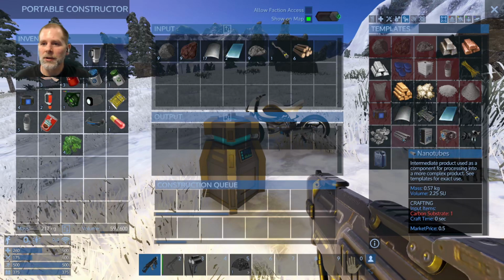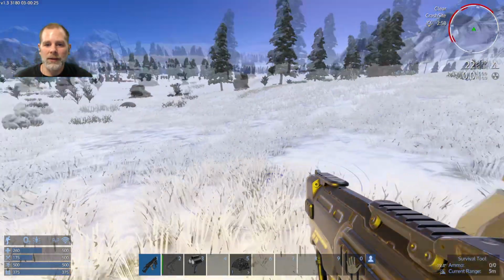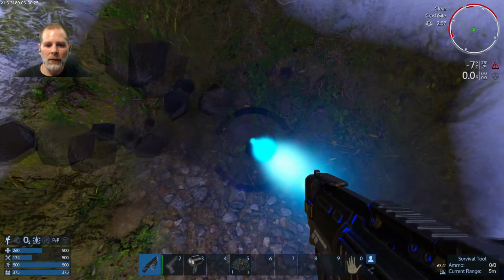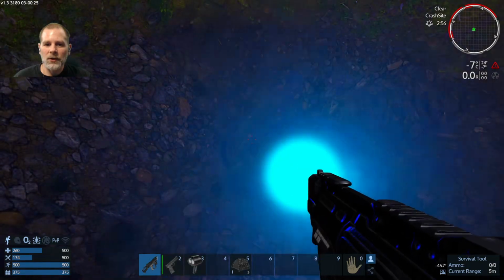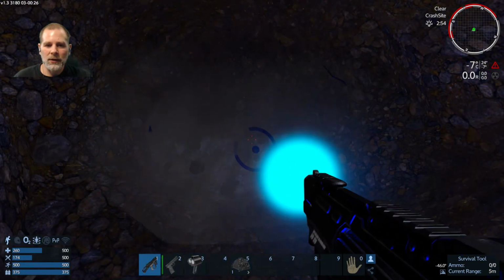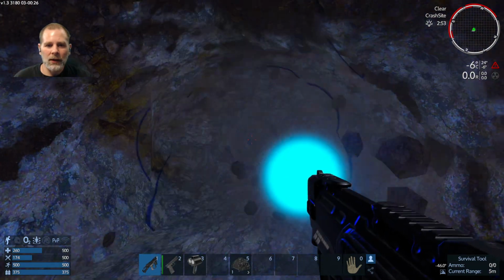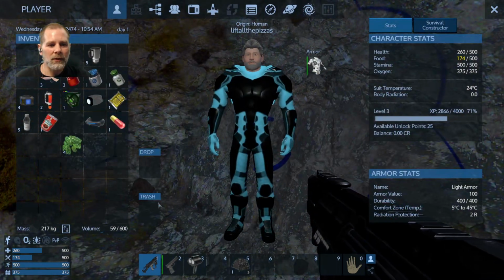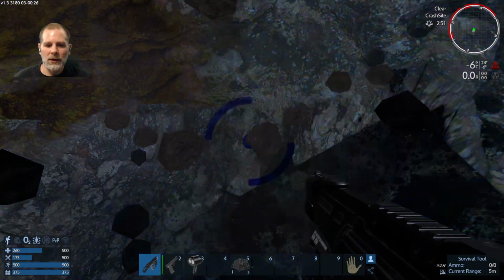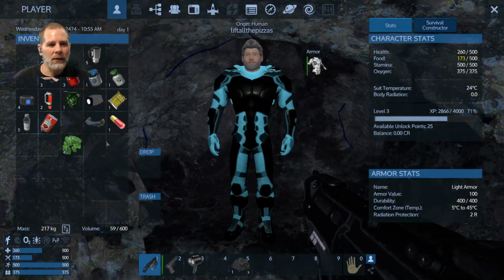What do we need to make carbon substrate? Oh, stone dust. Okay. All right. Well, that's easy enough. Right? Can we get some stone dust? Come on. Stone dust. There. It looks like that's it there. Is it giving us any? No, not yet? Okay. I wonder how deep we have to go to get stone dust. That must be it right there. How are we not getting...